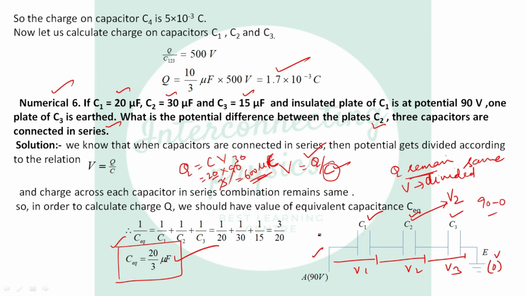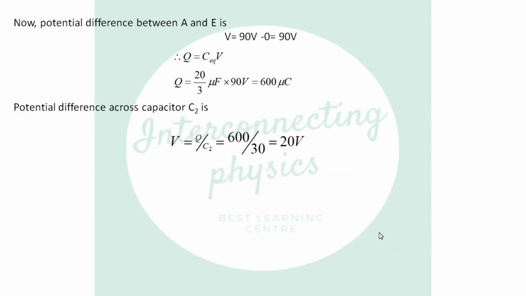Okay. Now let us calculate potential across C2. So V equal to Q divided by C2. Q is 600 microcoulomb and C2 is 30 microfarad. So the answer is 20 volt. Okay. Now